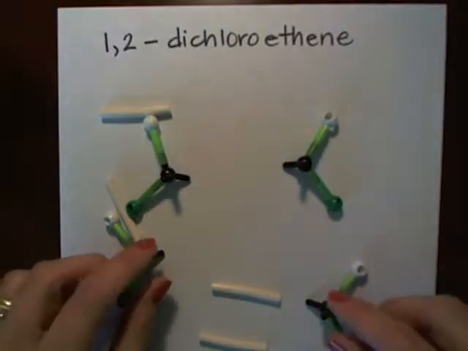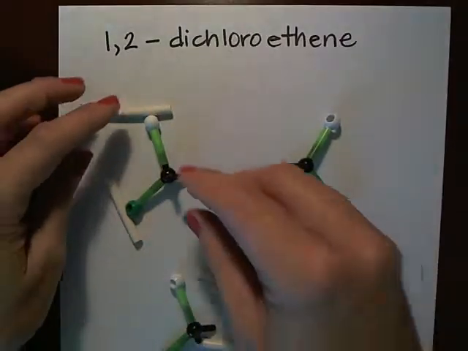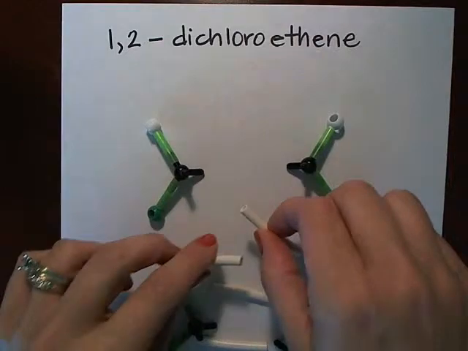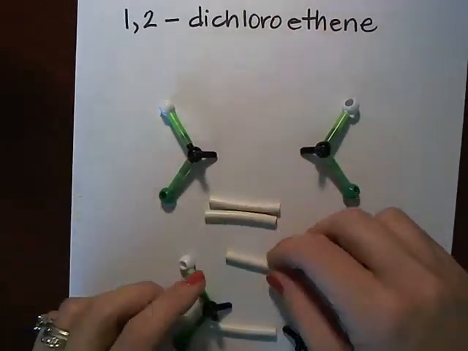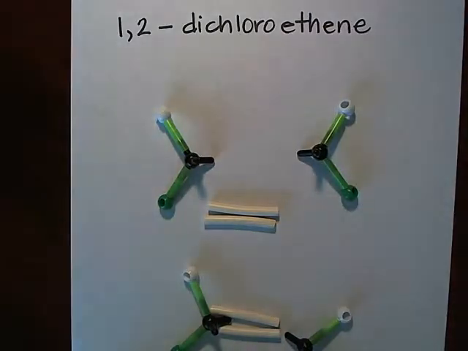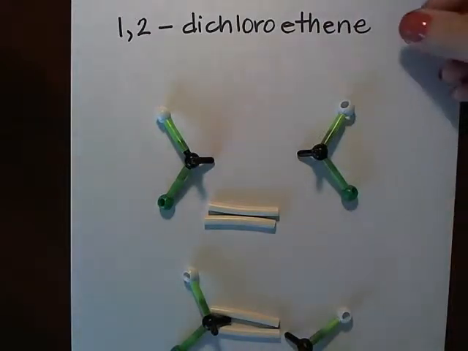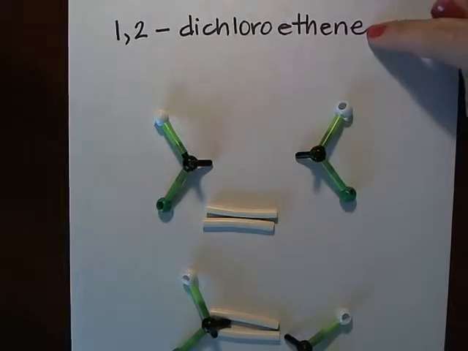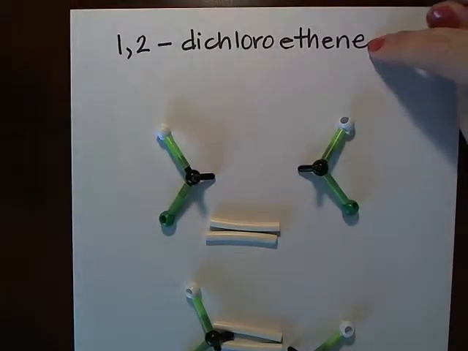I just wanted to make a short video to show you how you can use your model kits to build models that have double bonds. So in chapter 12 we're looking at compounds that have sites of unsaturation. So those hydrogens get replaced with a double bond or a triple bond or maybe some of both. So we're going to build models for